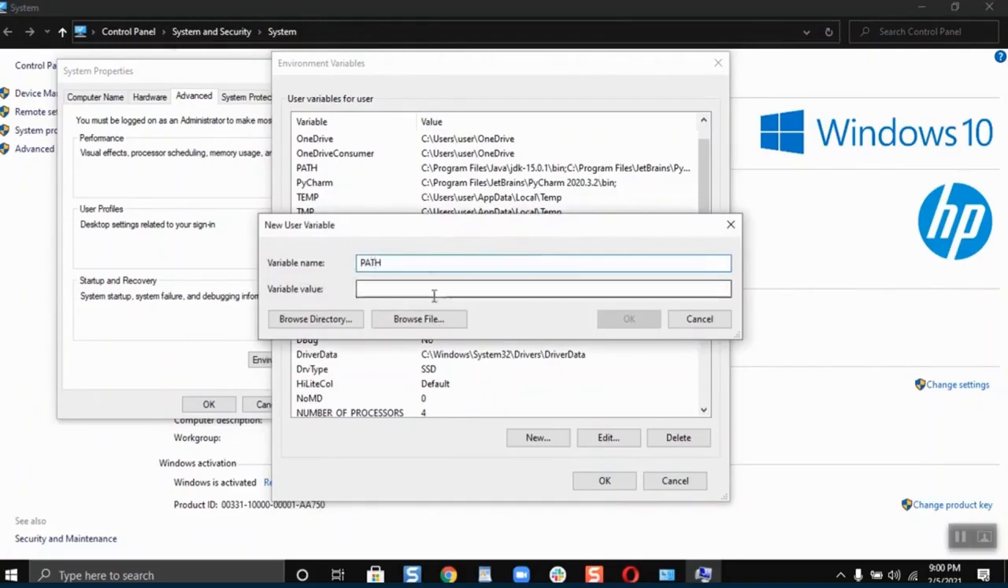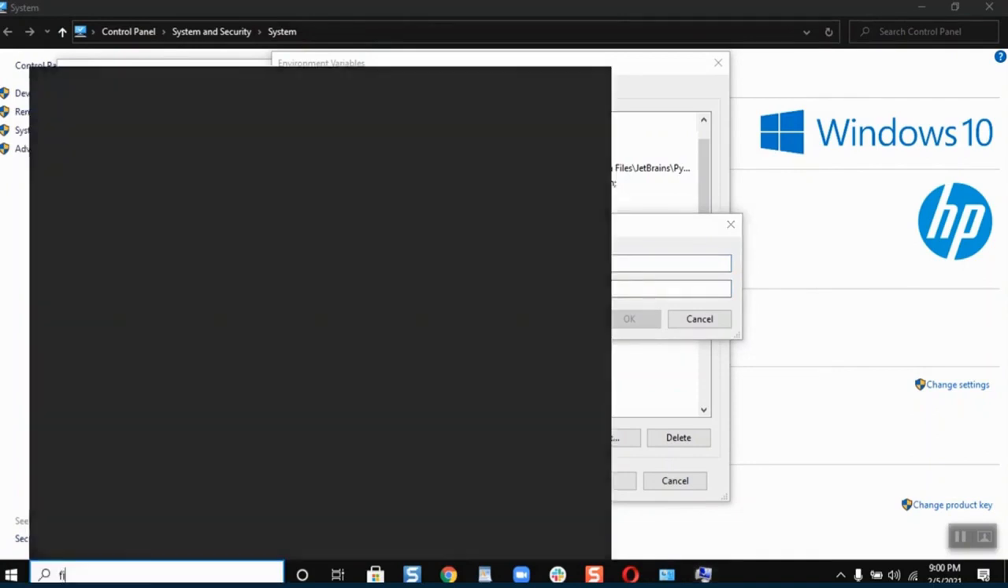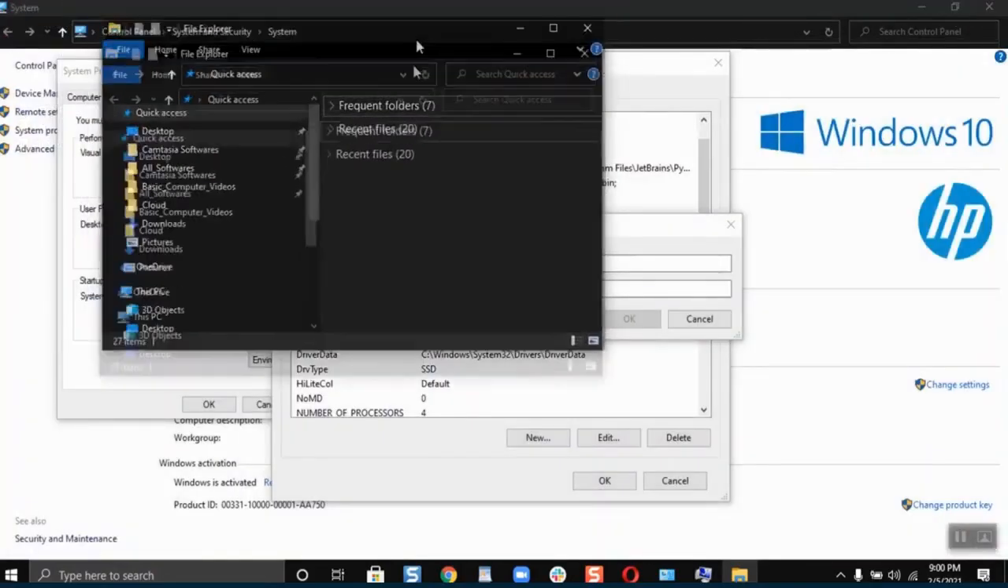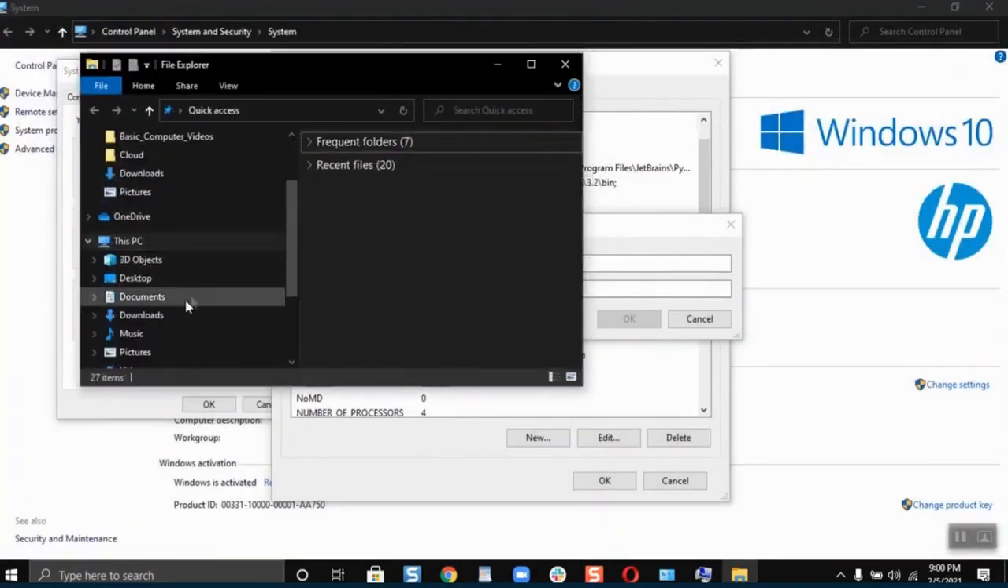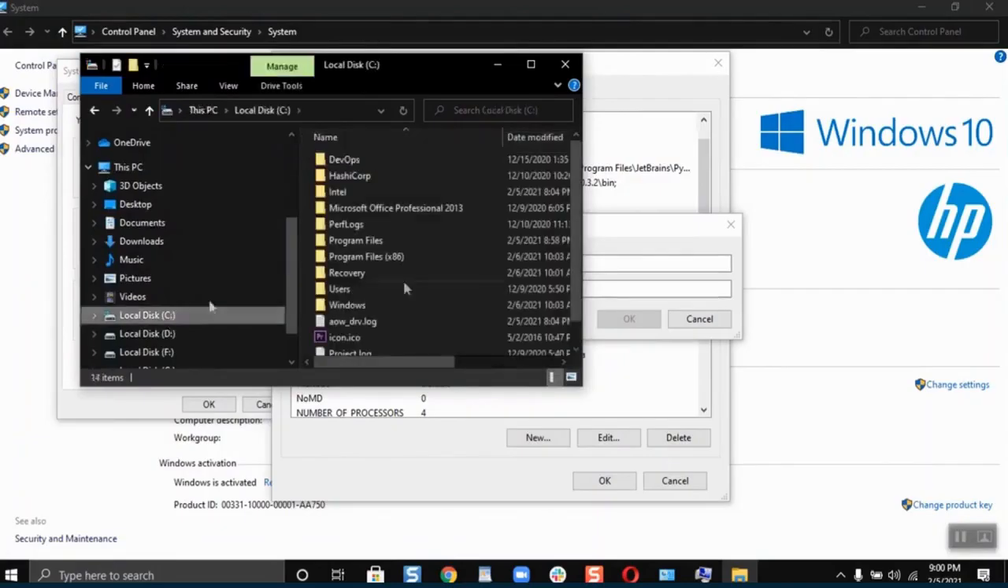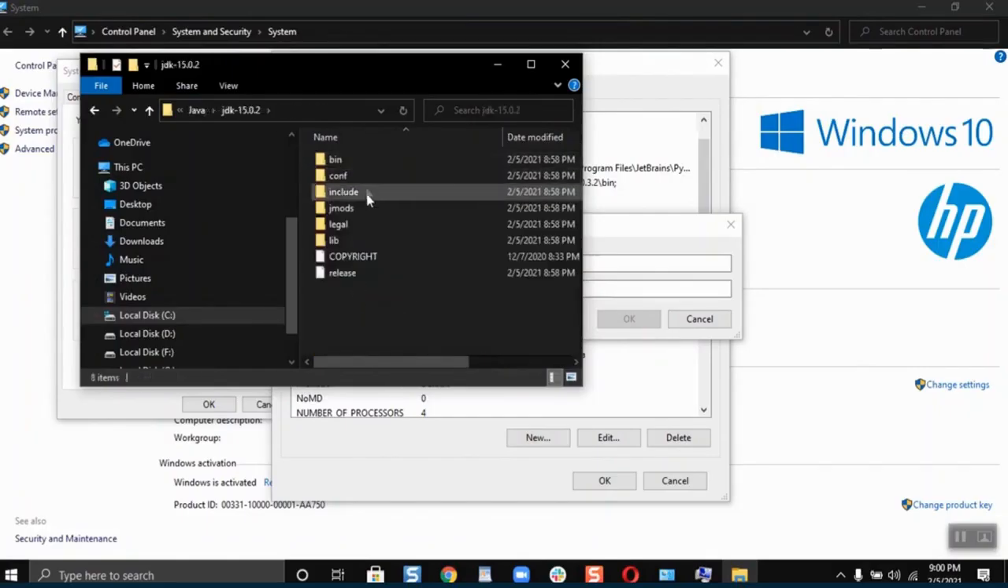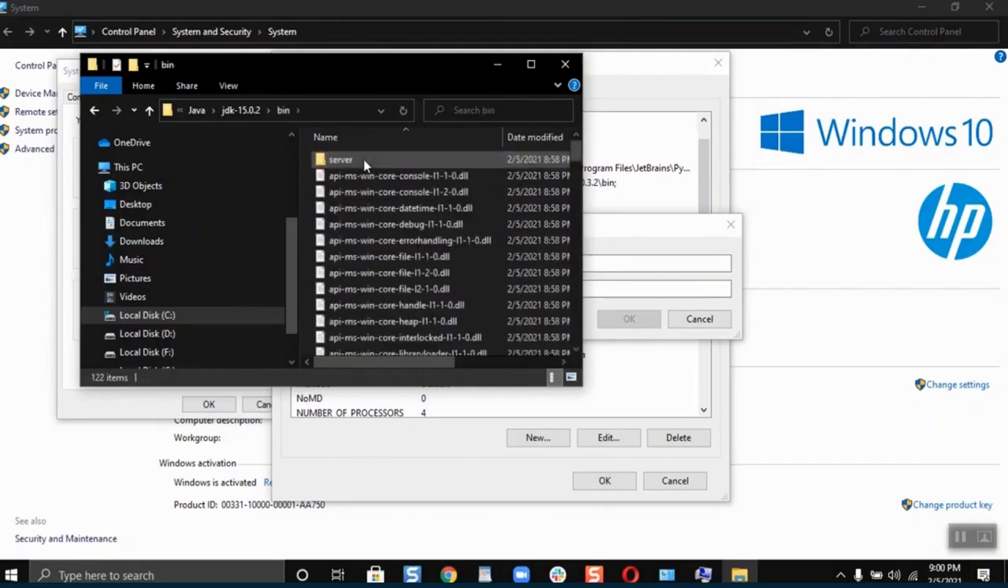For the variable value, I will just open the file explorer. From here I will go to my C drive and then go to the program files. Then I have to click on Java, then open the JDK, and first of all I need to click on this bin. Now I have to copy this file location. To copy this file location I need to click over here on the free space and then just copy it. You can also use the Ctrl+C